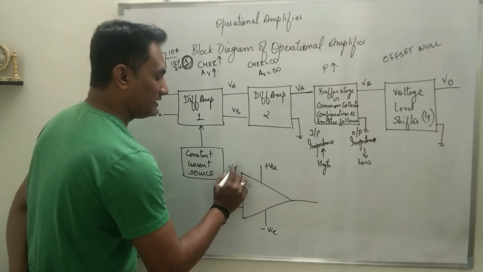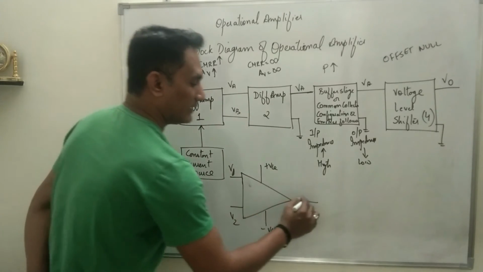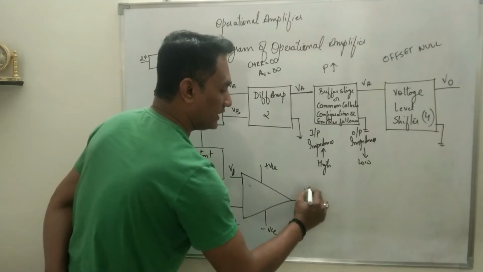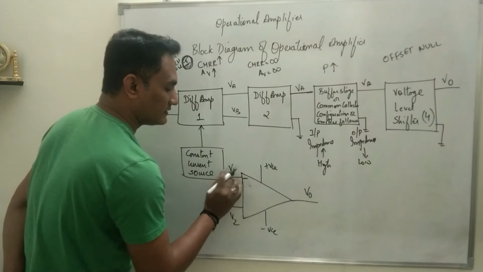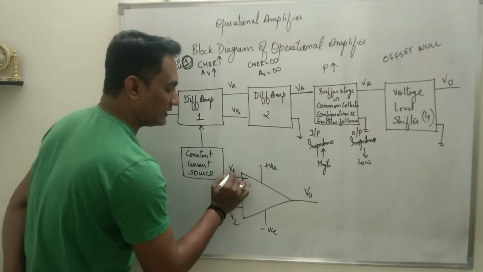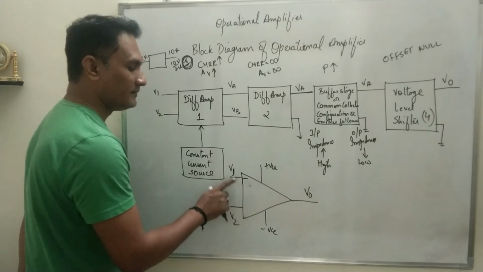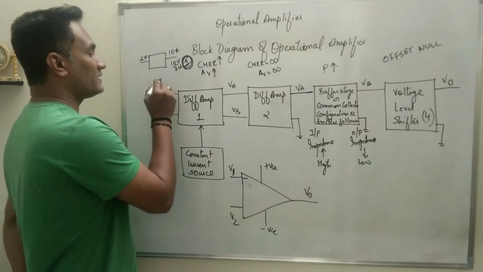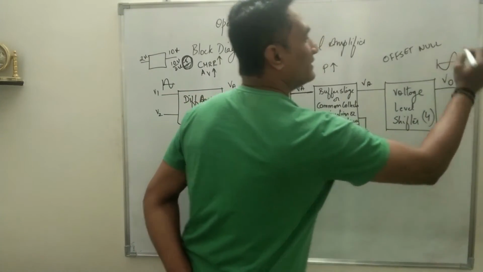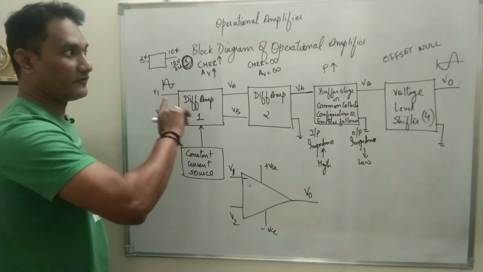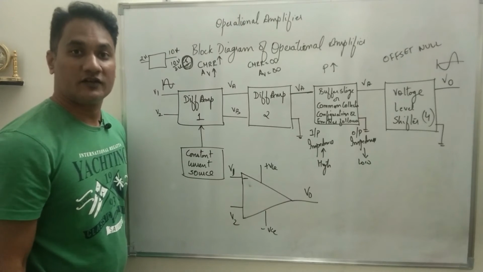Now what we have done is the 2 inputs will be V1 and V2, and the output we have continued with VA and we have called it V0. Suppose this is the terminal, say negative terminal; we call it the inverting terminal. V1 represented by the minus sign is called the inverting terminal, because we know when input is applied at V1, what you are going to get at VA will be like this. That means the output will be inverted. There will be a phase shift of 180 degrees between input and output. That is what we have understood by the working of the differential amplifier.